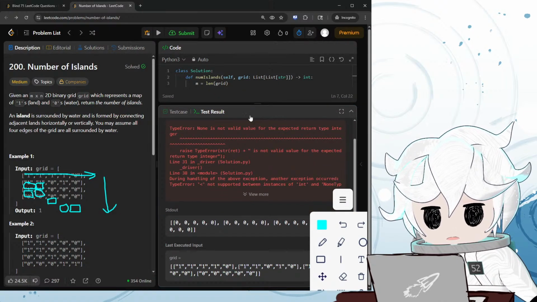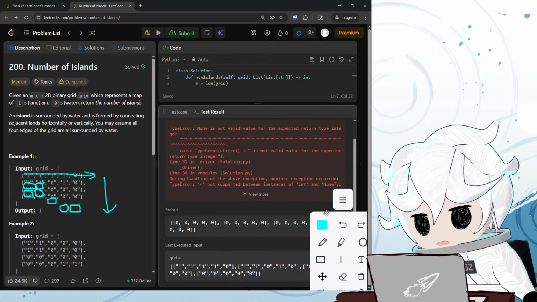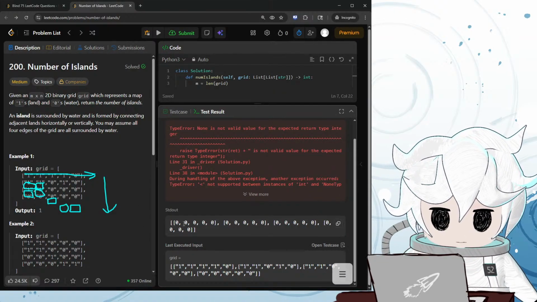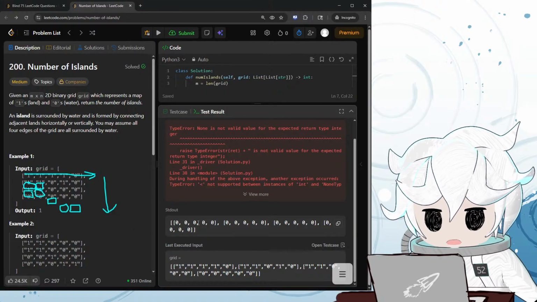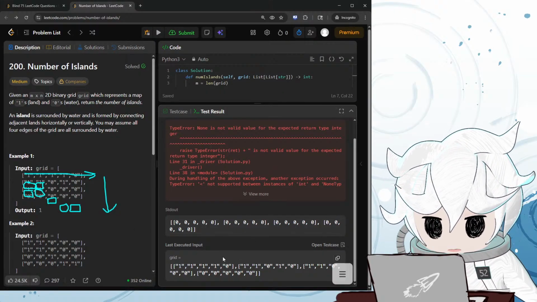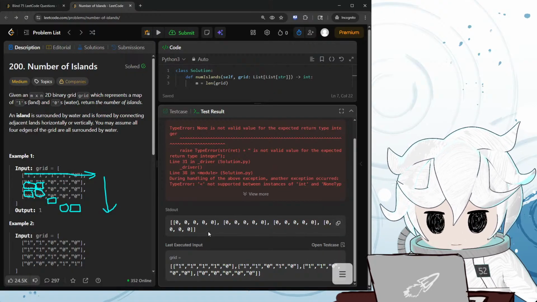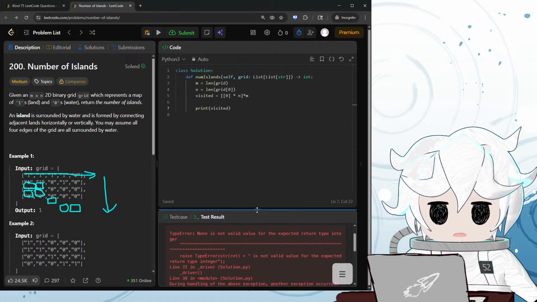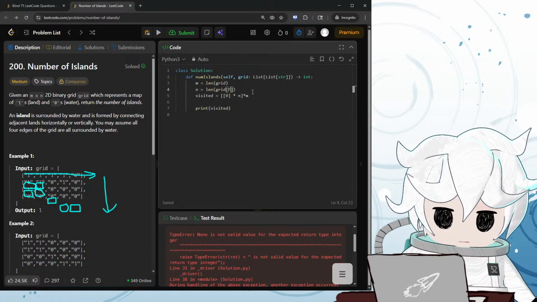Oh, look. 1, 2, 3, 4, 5 rows. Wait, that doesn't seem right. 1, 2, 3, 4. Oh, no, it's right. Yeah, 4 rows. Okay, that's good. I'm gonna just set this to false,